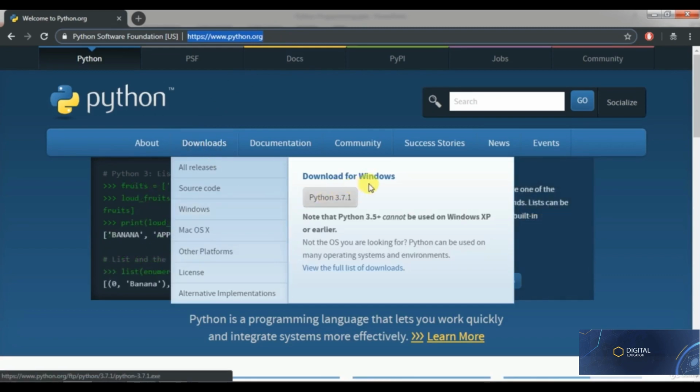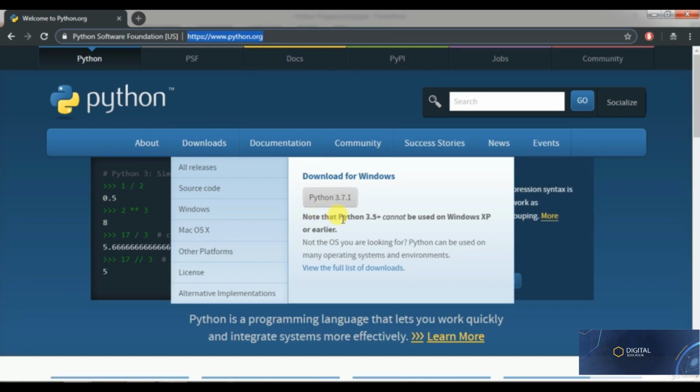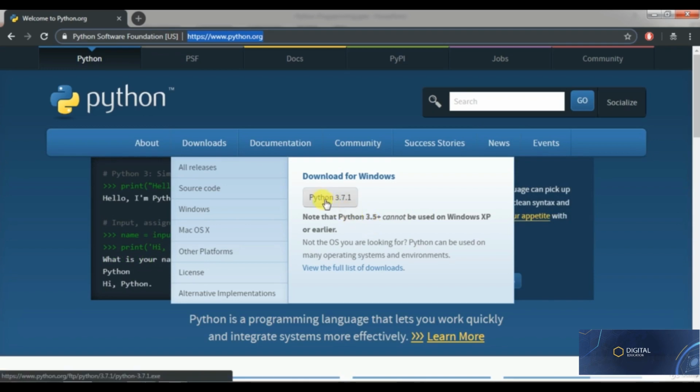You can see here for Windows, Python 3.7.1. This is the current version. And you can see one note here. If you are using Windows XP, then you cannot install after 3.5. So download this one. And now if it is for Mac operating system, you are using Mac, so you can